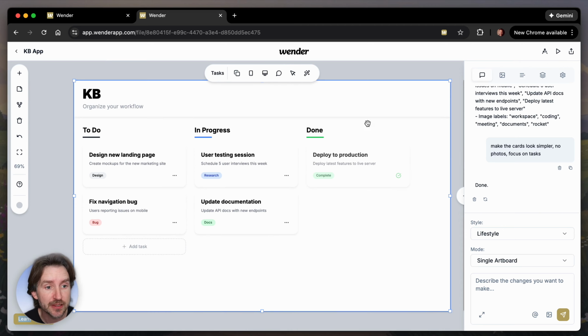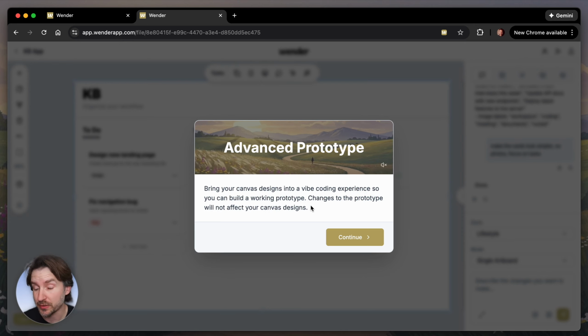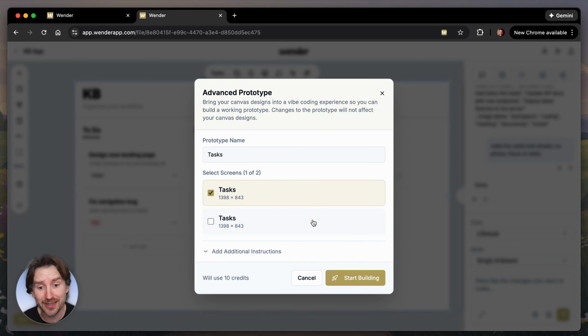But now there's a sort of new vibe code kind of mode that I've added. It's advanced prototype mode. You bring your canvas designs into a vibe coding experience so you can build a working prototype. Changes to the prototype will not affect your canvas design. So this is going to kind of bring over all of your canvas designs and put them in a new mode. And that's isolated in that the changes that you make in this mode, which actually builds out a Next.js app, like it's just a full-on front end only for now, but a Next.js app, they won't affect your artboards